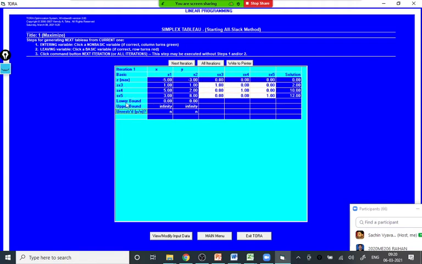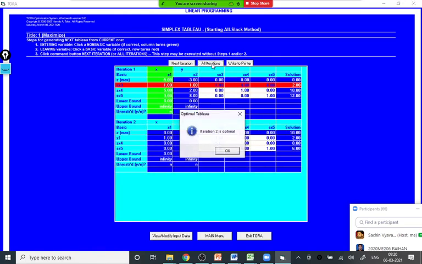Actually these are slack variables. So s1, s2, s3 form the identity matrix. You'll observe 1 0 0, 0 1 0, 0 0 1. There may be a little difference in the table because here ratios are calculated in a different way. So let me show you all the iterations together and the final answer.